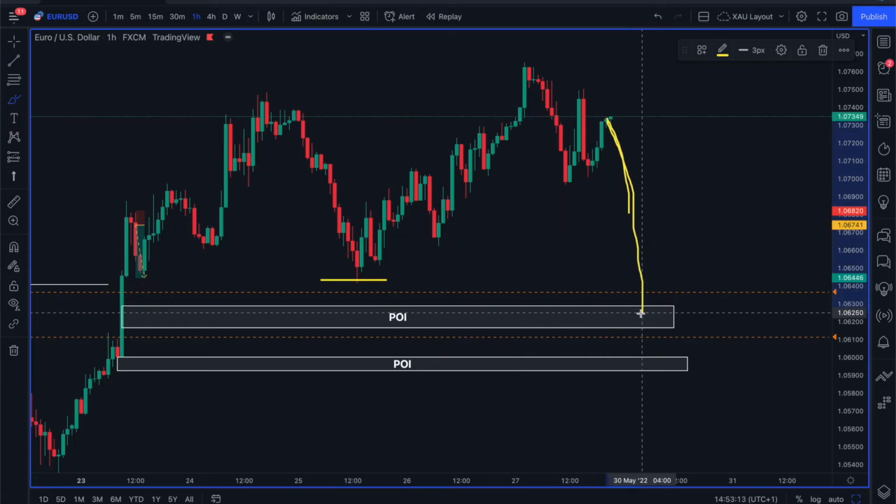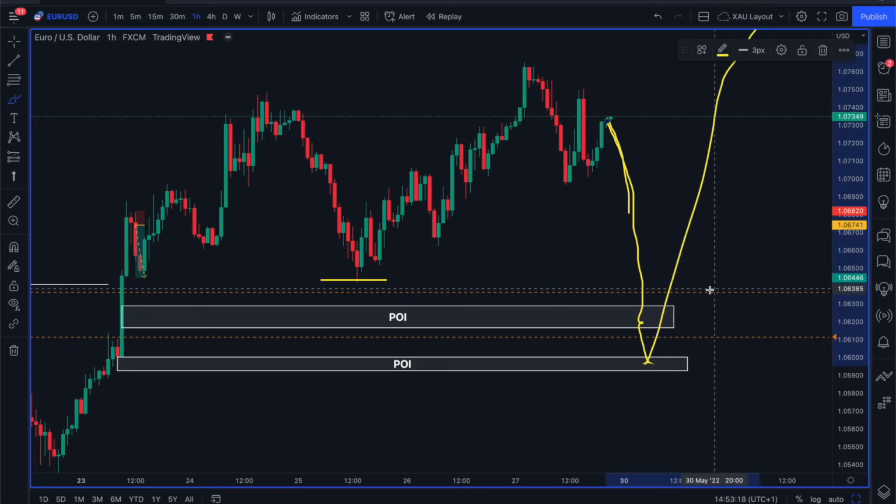And then we can expect price to come lower. Price could probably tap into here, maybe here, and then I'd like to see price go on and continue bullishness. And this is where we'd be looking at to enter in on a medium to short term buy position. We can have a large take profit target, and then we'd obviously have a very refined entry from these points